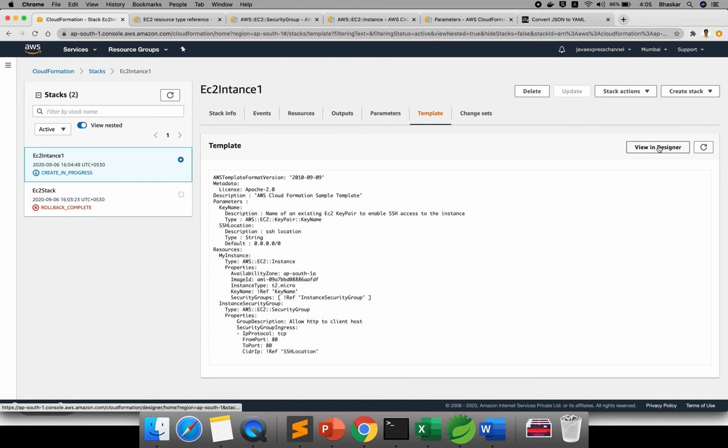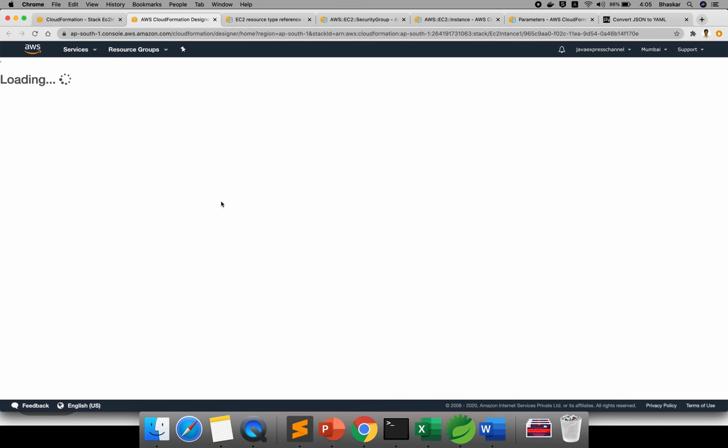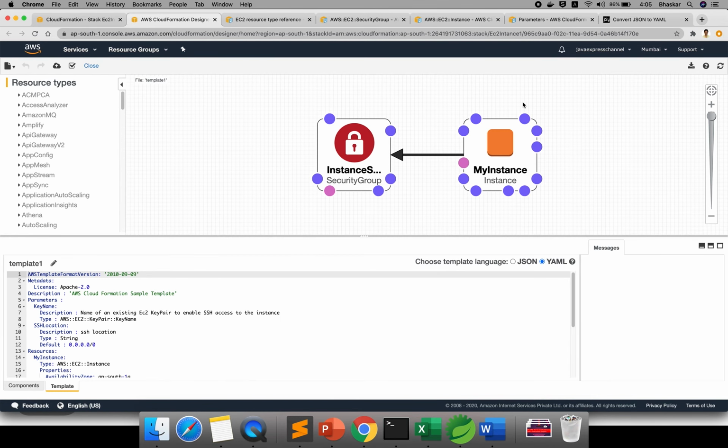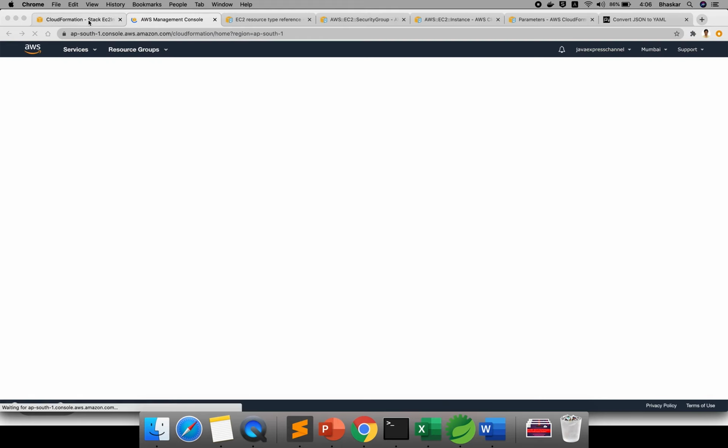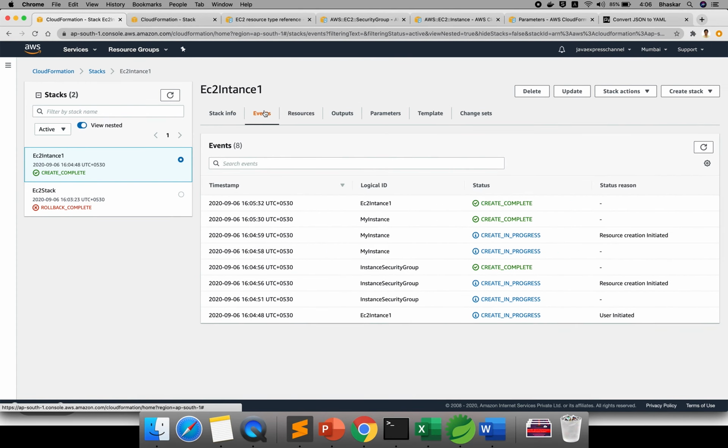And if you click on view in designer, the UI part, you can drag and drop also, but this is a little bit difficult. See, this is my EC2 instance, this is my security group. Suppose this security group depends on some other service, or this EC2 instance depends on some other thing, you will get all the diagrams. On the left side there are resource types. If you want ElastiCache, you can drag it here. The code will be generated automatically. Okay, let me close it here. I hope this section is completed now.